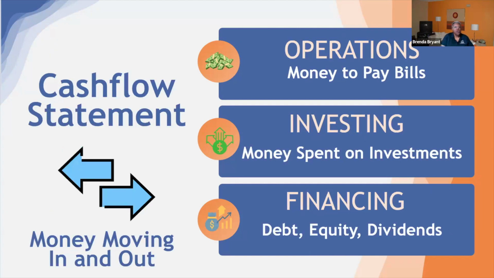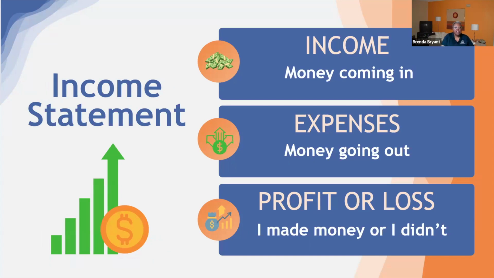If I look at my assets and I subtract my liabilities, it gives me a picture of what my business is worth. So when I look at an income statement, I'm also looking at basically three things. I'm looking at income, revenue, money coming in. So how am I getting money into my business? Expenses, how am I paying money out of my business? And this is the only document that we have in the financial statements that allows you to have a minus.